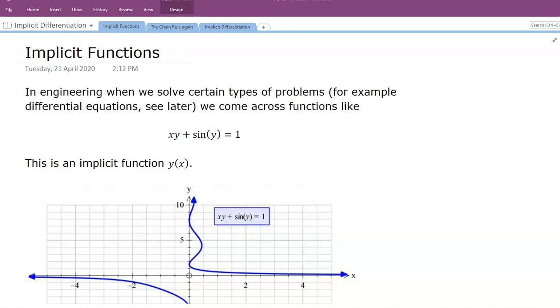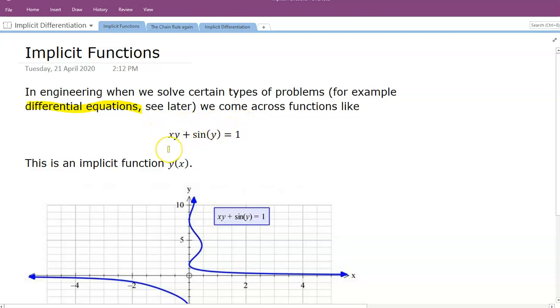In this video, I'm going to talk about implicit functions. So when we're doing engineering problems, we sometimes find that we come across an equation something like this one over here. For example, if I'm solving a differential equation, which we'll be doing later, it's not uncommon that we come